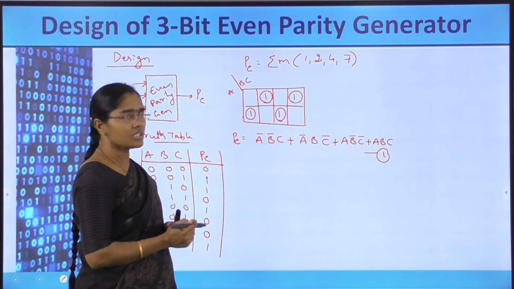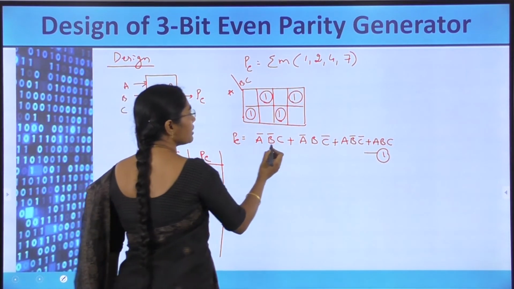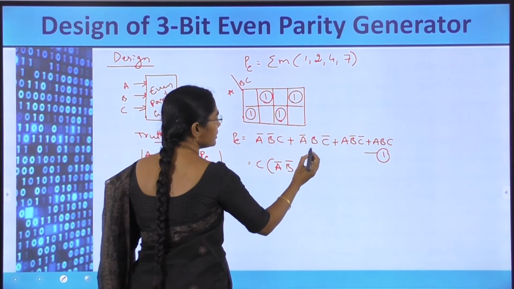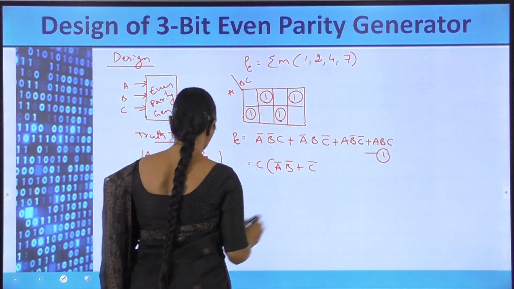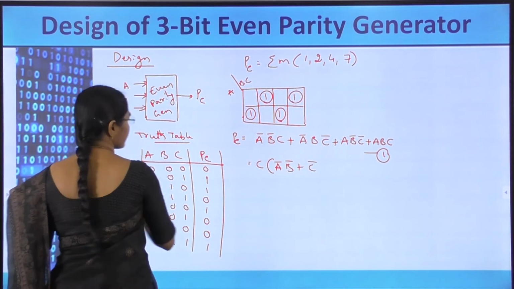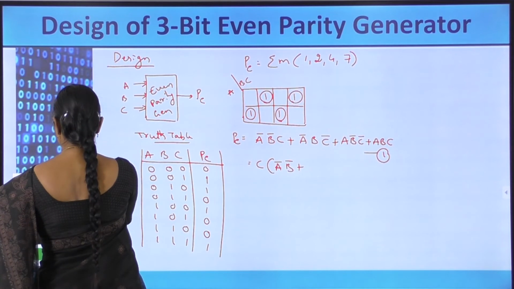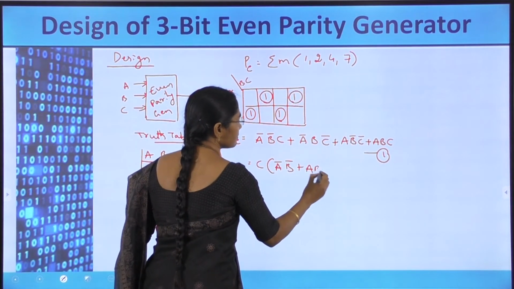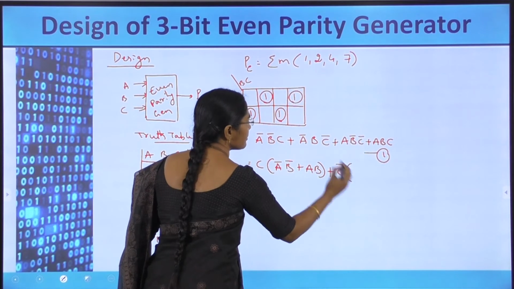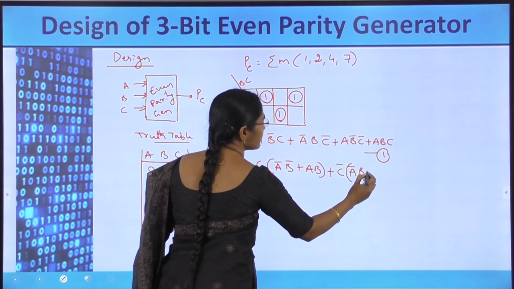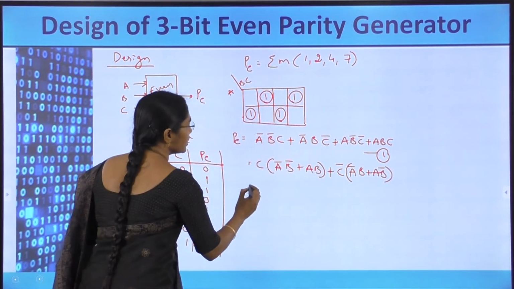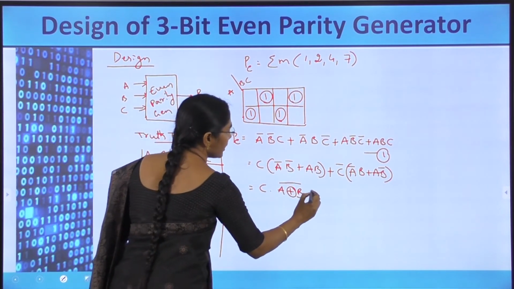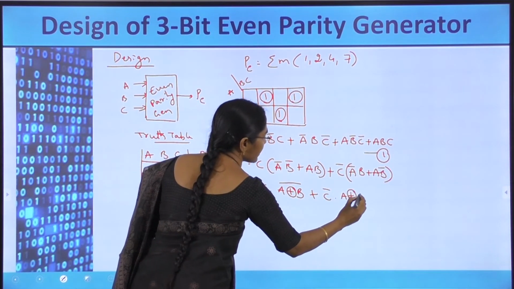Okay. Now for simplicity, just rewrite that, that is A bar B bar C, A B C. Let us take C as common: A bar B bar, then take C bar as common, A bar B bar and so on. Taking C common from these terms and C bar common from the other two terms, it will become A bar B plus A B bar. Then C into, this is nothing but simply A XOR B whole bar, then C bar into the next, it will become A XOR B.